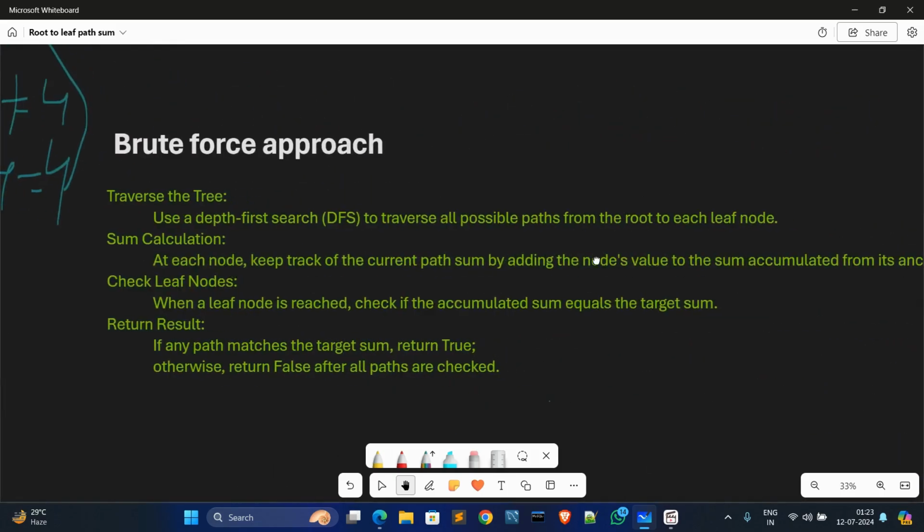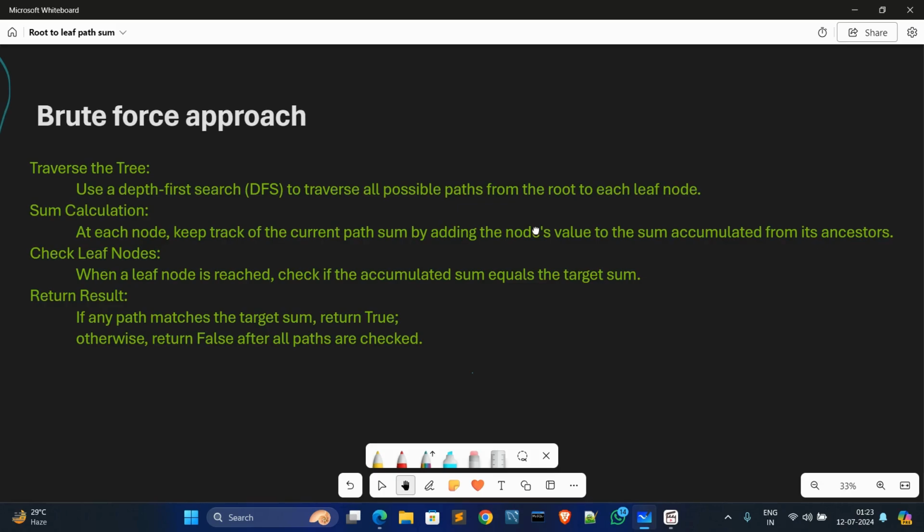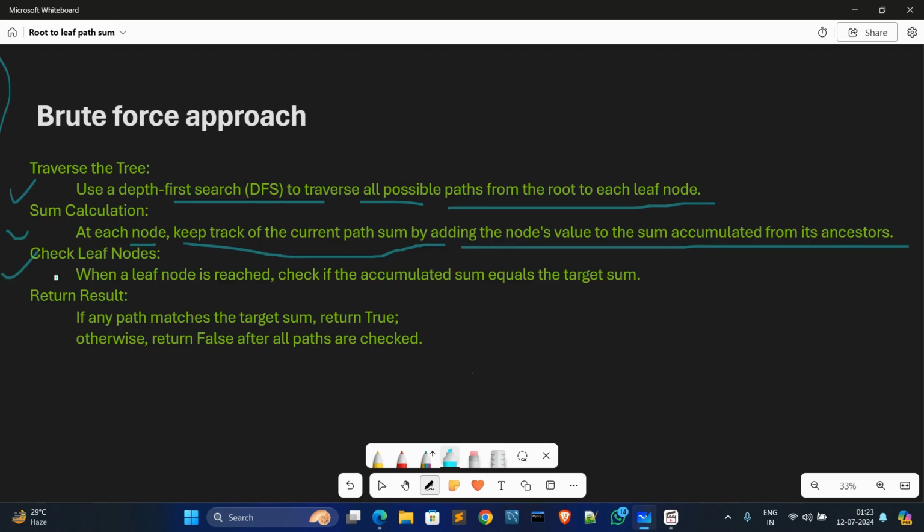Now what is the brute force approach for this problem? The brute force approach is that first we traverse the tree using a DFS function. Then we check all possible paths from root to each leaf node. At each node we keep track of the current path sum by adding the node's value to the sum from its ancestors.